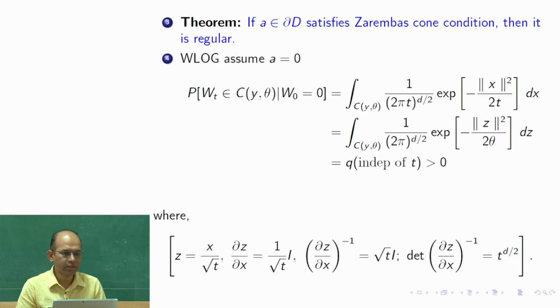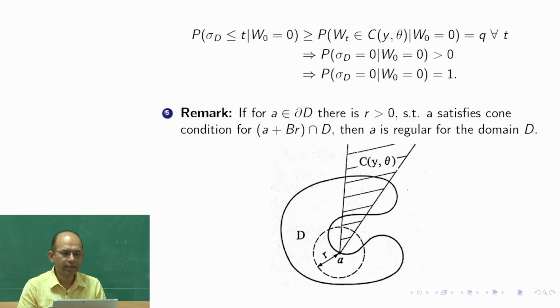Okay, and then we have seen the statement of the theorem that if a point A is on the boundary of the domain and satisfies Zaremba's cone condition, then it is regular. Okay. So, that proof also we have seen, correct? We have seen this proof. The idea of the proof is very simple: to find this probability and show that it is independent of t, so it does not depend on time t. Okay, some number q which is strictly positive, that we could show due to this transformation. Okay, and then using that we could show that the probability of sigma_t, not exactly the exiting time but the positive exiting time, is strictly greater than or equal to q, and then since it is true for all t,